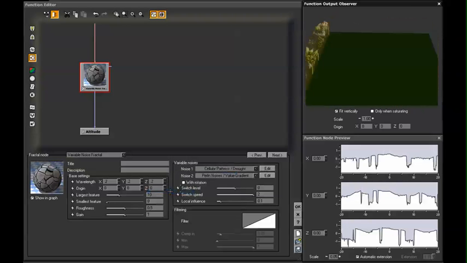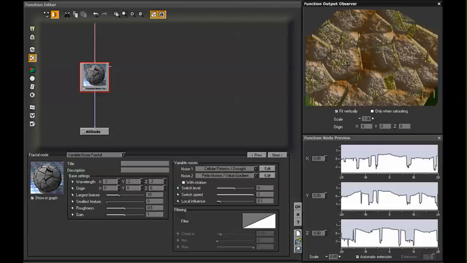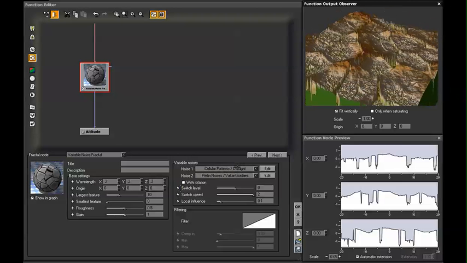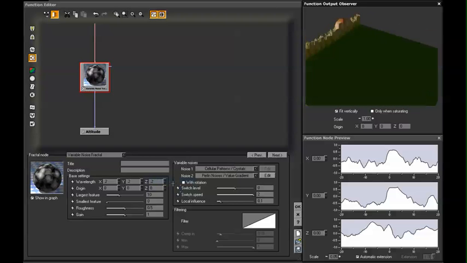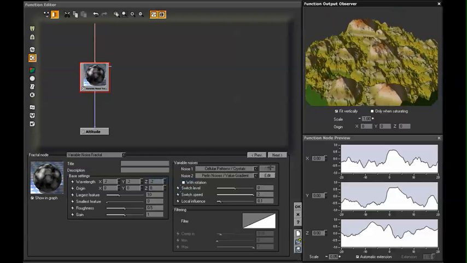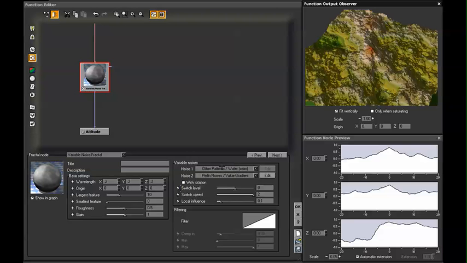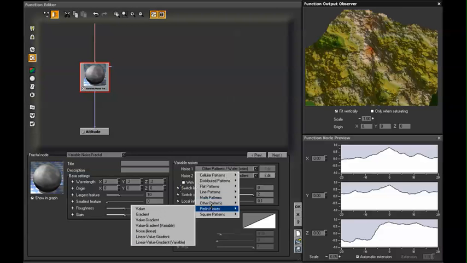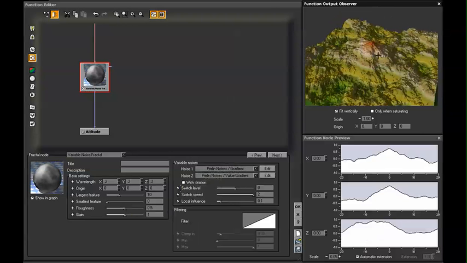We can go to the drought function, which is a pretty neat looking noise, although it can create some very sharp lines, so whether or not you want to be using it for terrains is really at your own discretion. We can also use crystals. We can give more of a pyramid look. We can go to the water settings. It's kind of neat looking. Let's change that to the gradient. And now we can see, in order to show that a little better, I'm actually going to go back to